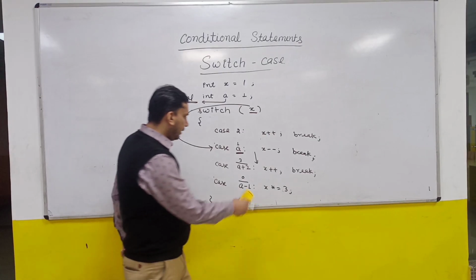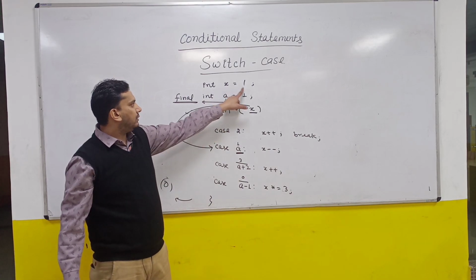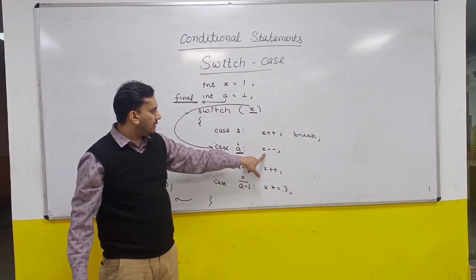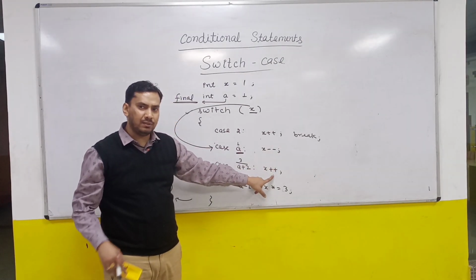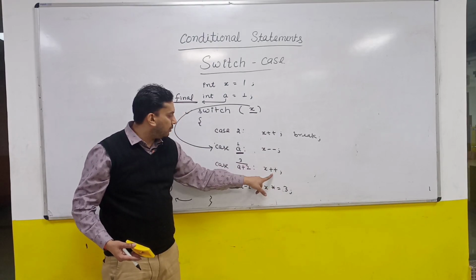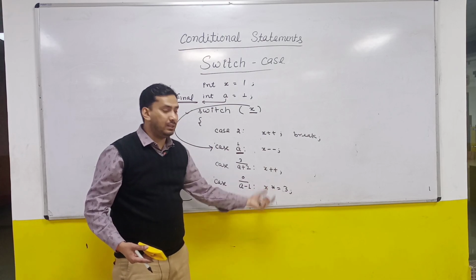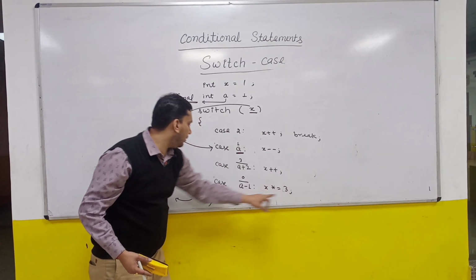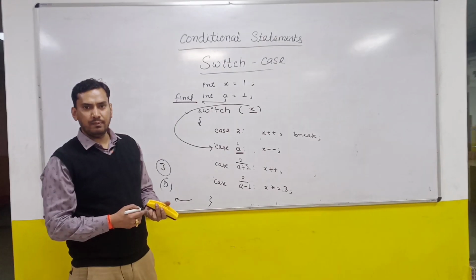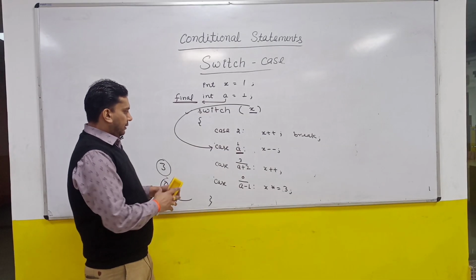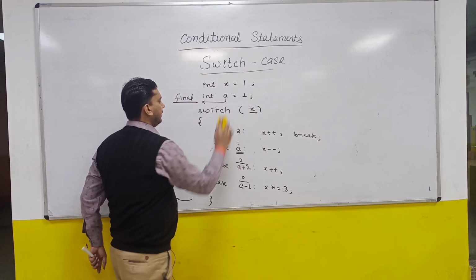Right? If I say, just remove all these two breaks, what is going to happen? You will land on case 1. Case 1 is this one, x minus, x will become 0, but no break, it will go to the next case, x plus, again it will become 1, then again no break, it will go to the next case, x multiplied by 3, 1 multiplied by 3, so the result will be 3, and no break, no problem, it will reach the end of the switch. So the output will be 3 now. Is it okay? So this is one flavor that is generally asked in the Oracle certification exams.